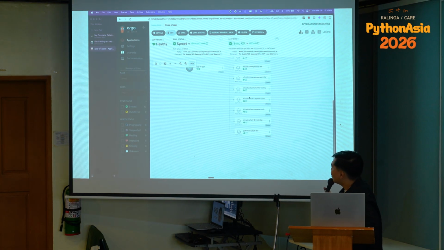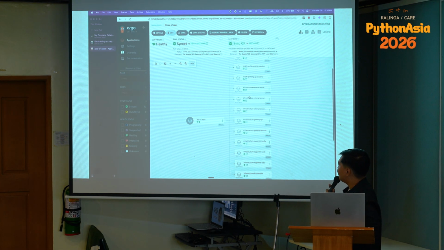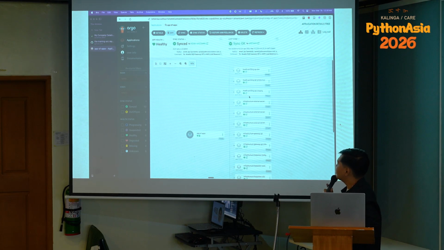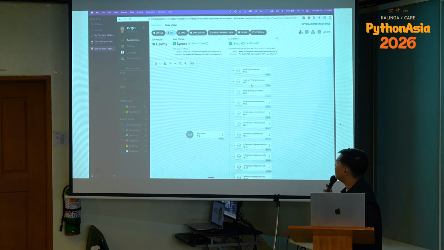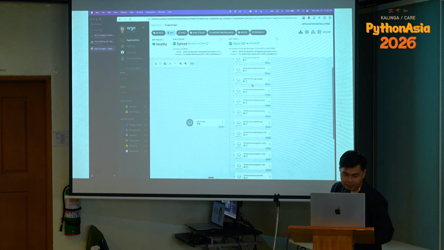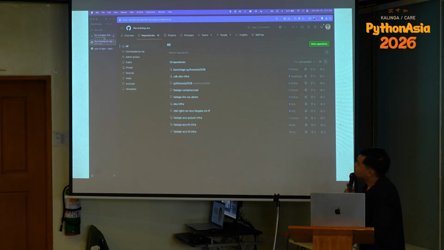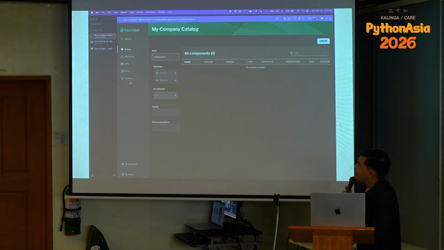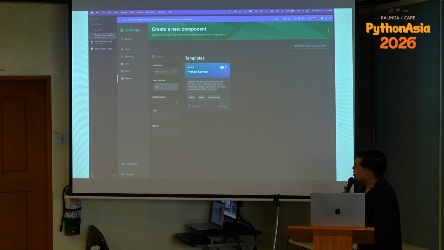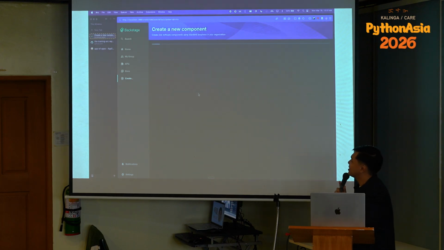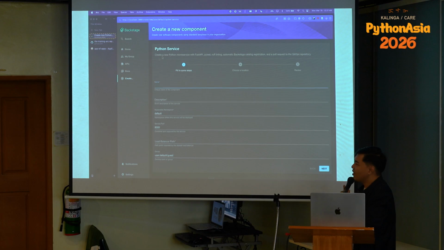So here I'm in Argo CD, nothing much here, just checking the current apps that I have right now. And if I skip through a bit, this is the current repositories I have in this organization. So here in my local Backstage instance, we now see this template. In this template, we're going to create a new service, which should be just a FastAPI, PyTest, Ruff, standard service.